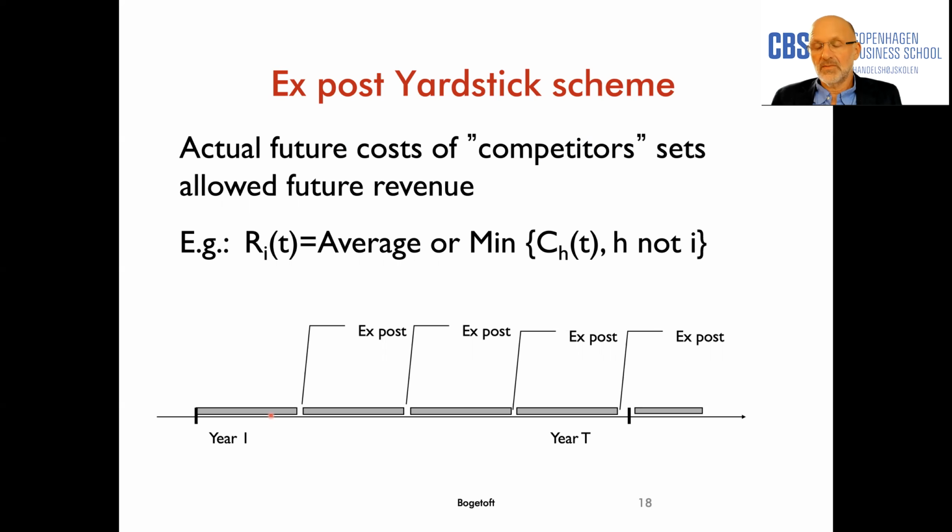It was made popular originally, not in regulation but in general as an incentive scheme, by Shleifer, who assumed that you could, for example, use the average cost of all the firms. You could, of course, also, as I indicated, instead of using the average, use the minimal cost. In any case, you need to correct for the fact that most companies don't produce exactly the same outputs. So that's another way of doing the regulation, where you set the allowed revenue ex post rather than ex ante.